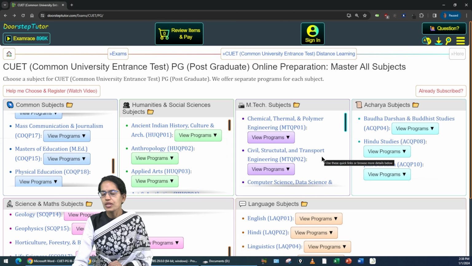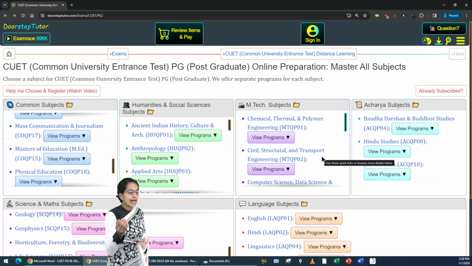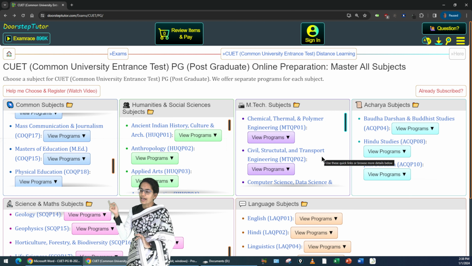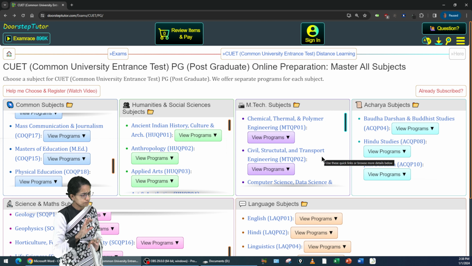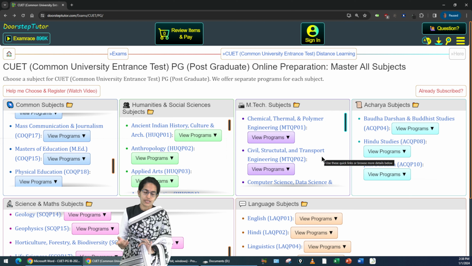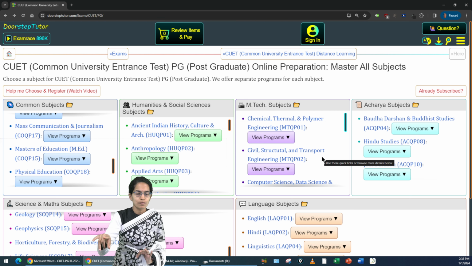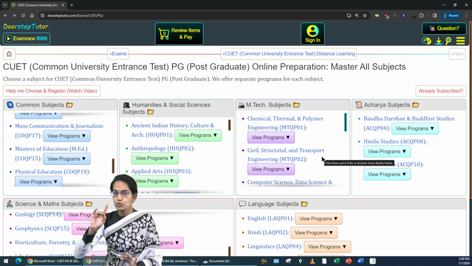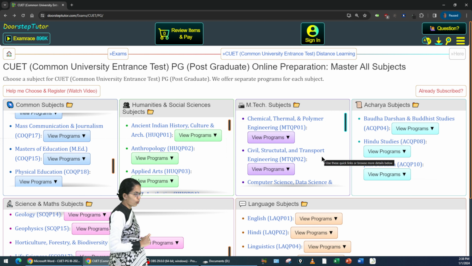So let's say if you are a science student, you can appear for courses from sciences, MTech, and then you also have an option to dive into the arts and humanities or social sciences courses. You can definitely do that, but you have to be a master in that subject. That means you have to prepare well as per the syllabus and then select the subject as per required so that you do good. Now, as I said, there are maximum 4 papers that you can opt for.